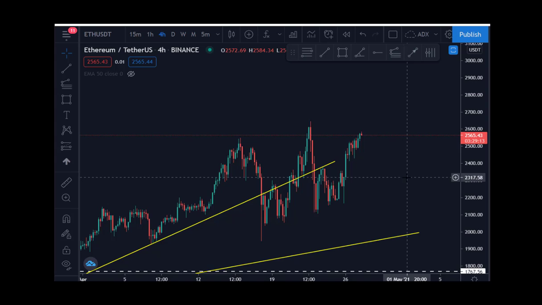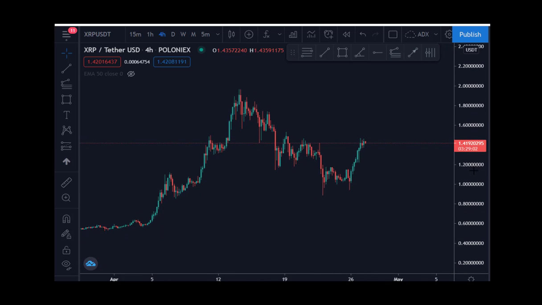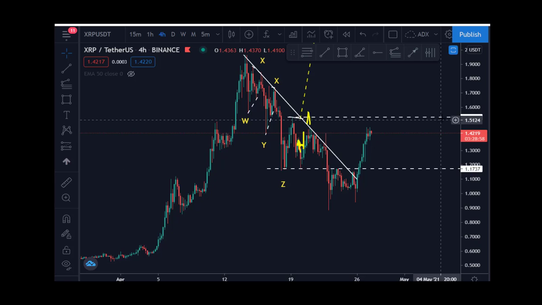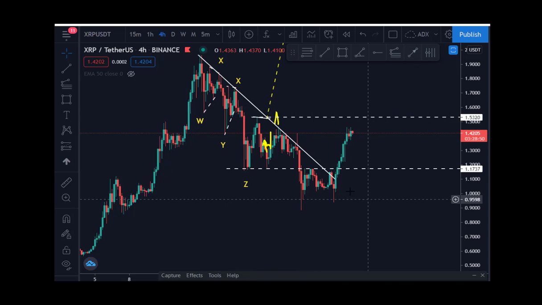If you take a look at Ripple, guys, you see that it's breaking out entirely. So this is broken out. This breakout is very sharp and strong. So two things we might be waiting for. We wait for this correction, and there we go. Or it breaks and goes, or it breaks here before it corrects.